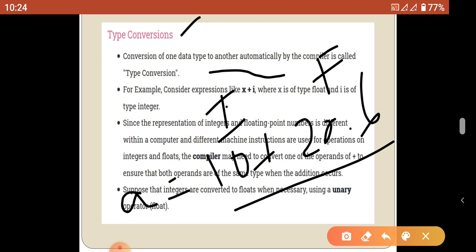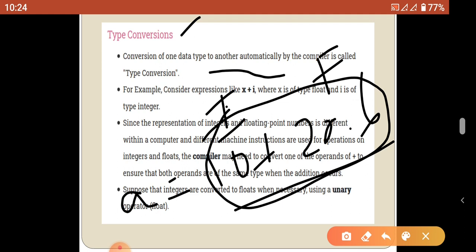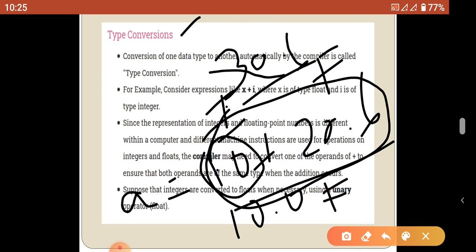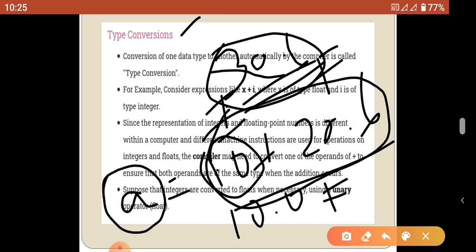The right side expression should return a float, because 20.6 is a float, which is the highest data type in the expression. 10 is an integer, so first 10 is converted into the highest data type, that means 10.0. 10.0 is added with 20.6 to produce 30.6 as the result. So the right side expression is converted into the higher data type by the compiler, and based on the left side operand, that is the identifier, the identifier data type may decide the right side expression.